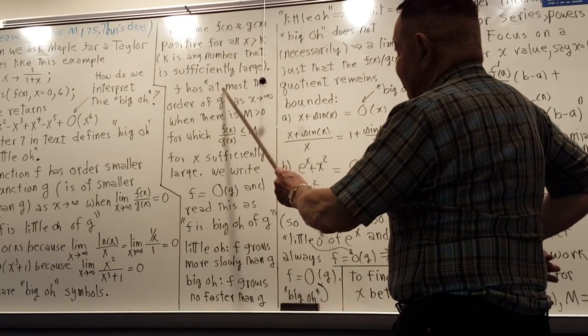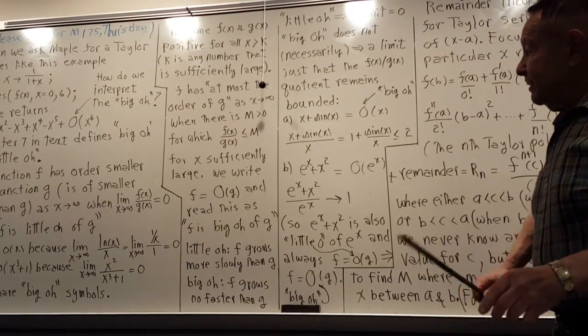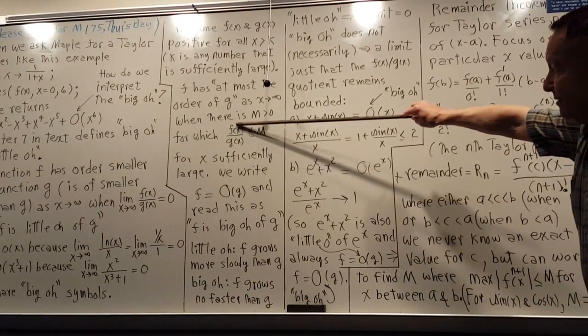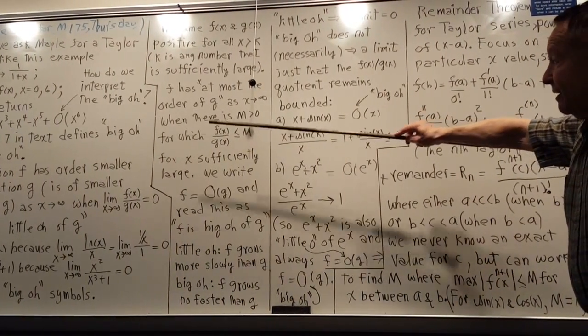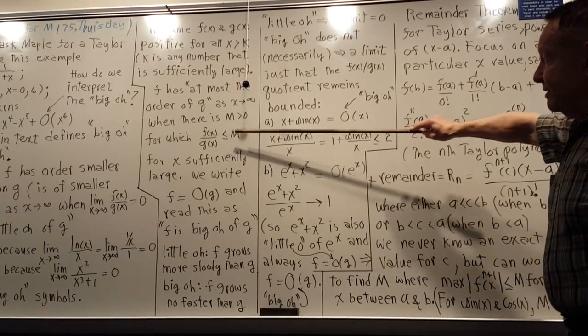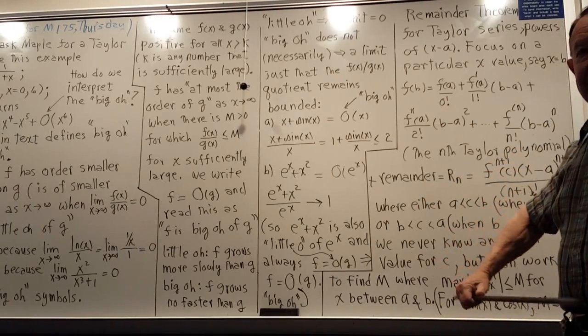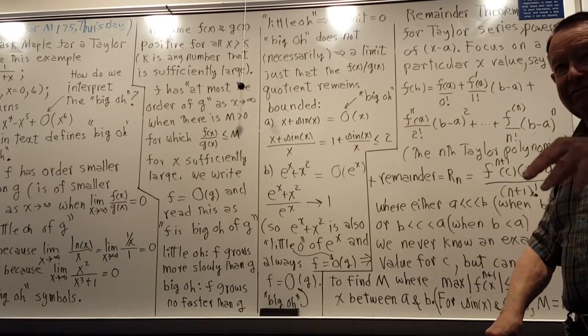When you say at most g, then that does not require the limit to be 0, but simply that you can show that the quotient will stay bounded by some positive number, but it wouldn't necessarily have to settle down